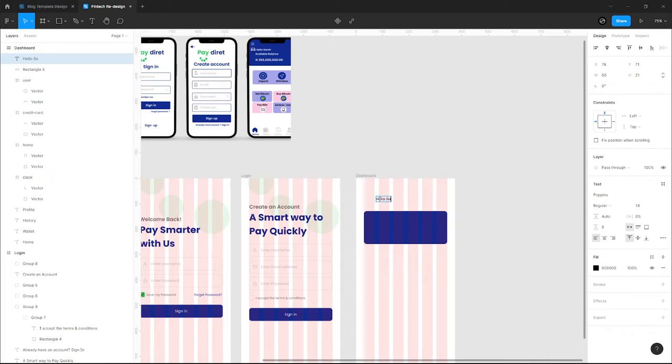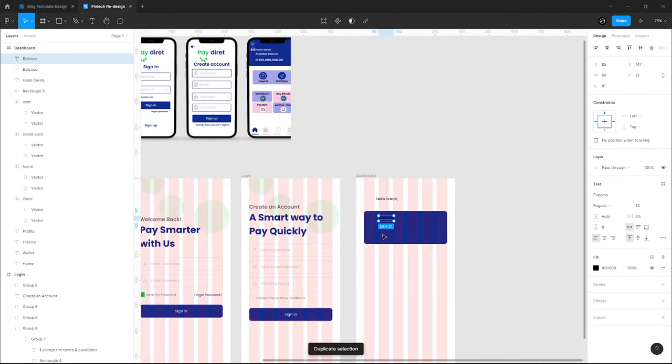Hello Sarah. So I'm going to create all these texts. Balance. Instead of having available balance, it's better for us to just have balance. The balance is too much, so I'm just going to leave this as 250. Okay, and I think this is spreadsheet. Okay, yeah, so I'm going to create the buttons that say